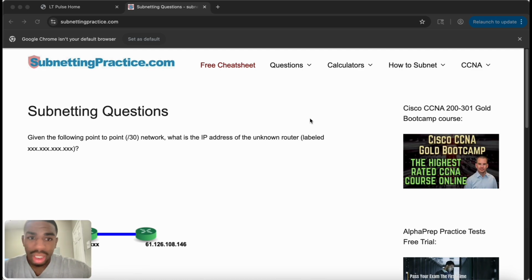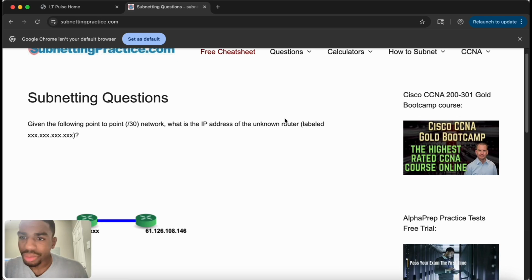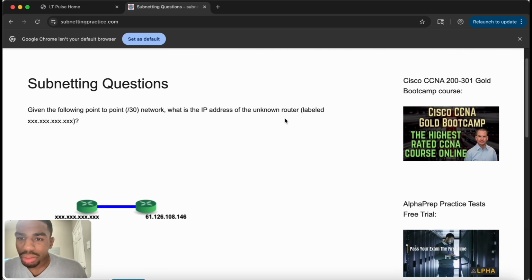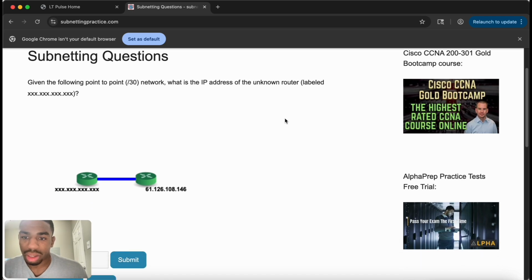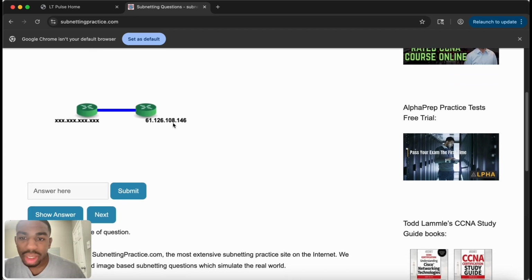So yeah, question one. Given the following point-to-point /30 network, what is the IP address of the unknown router labeled? So this one's pretty easy. For a point-to-point network, you only have 2 available hosts. So it should be one less than this. So we're gonna go